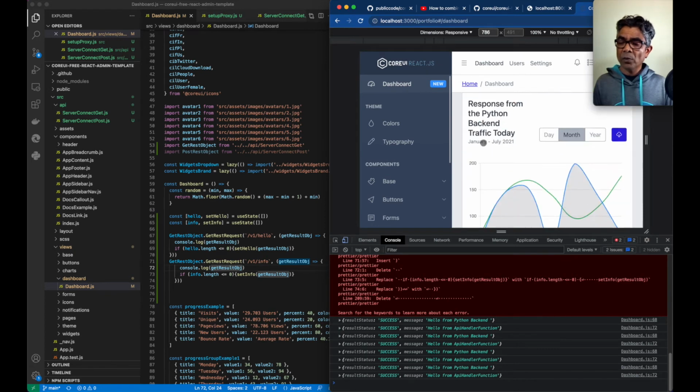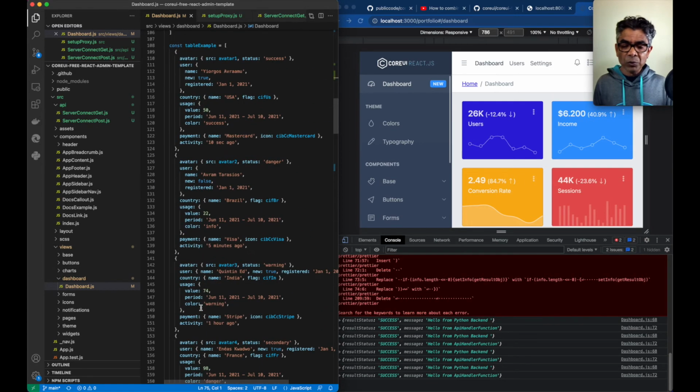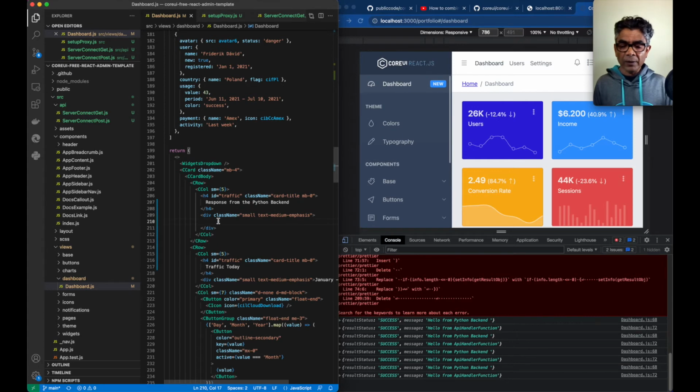So this code is working fine so far. Now, as you could see here, this code shows that whenever we are loading this page, the API calls are made and the result is stored into hello and info objects. So if we want to show the hello and info object values, we could add here, we could say